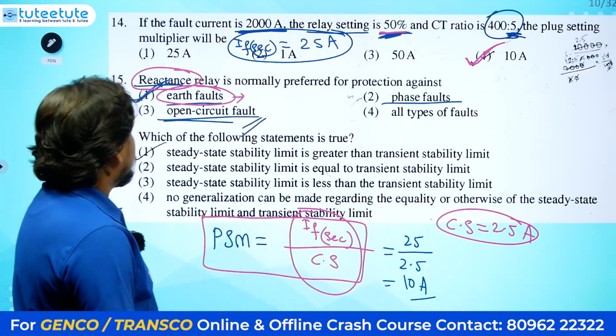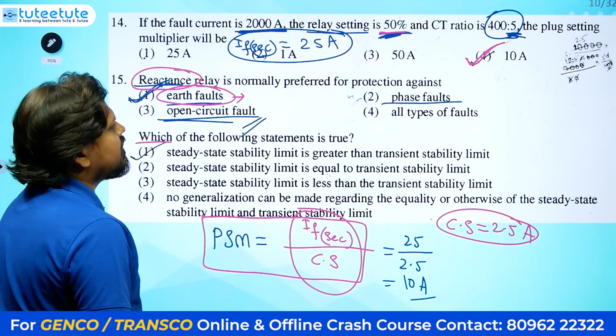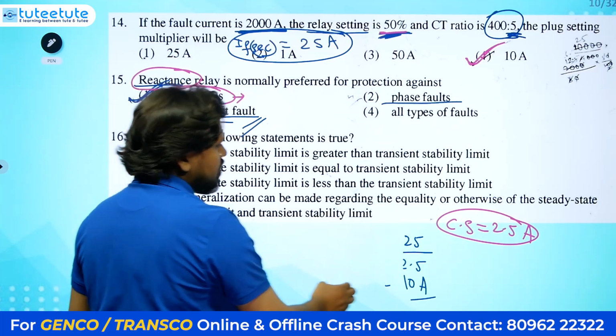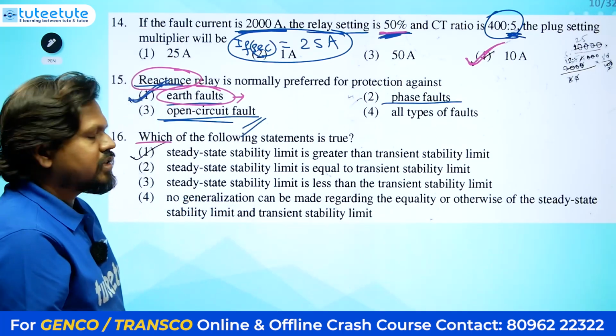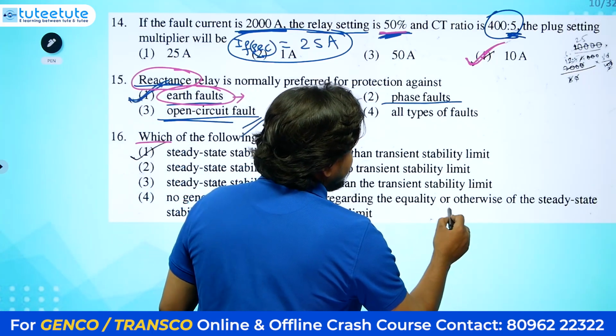Okay, so next one, which of the following statements is true? Steady state stability limit is greater than transient state stability. Okay, so this is a simple question, so we need to understand what steady state stability and transient state stability are. For example, one generator has an installed capacity